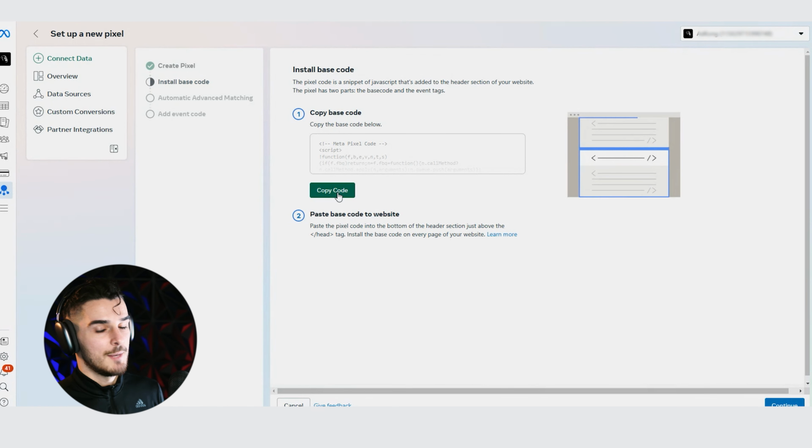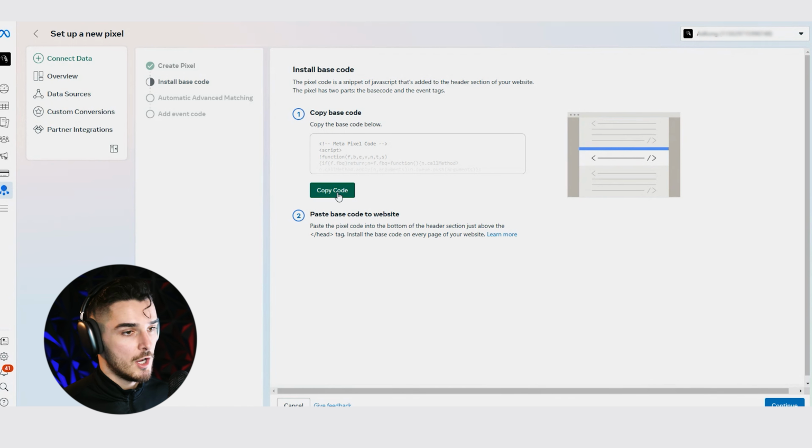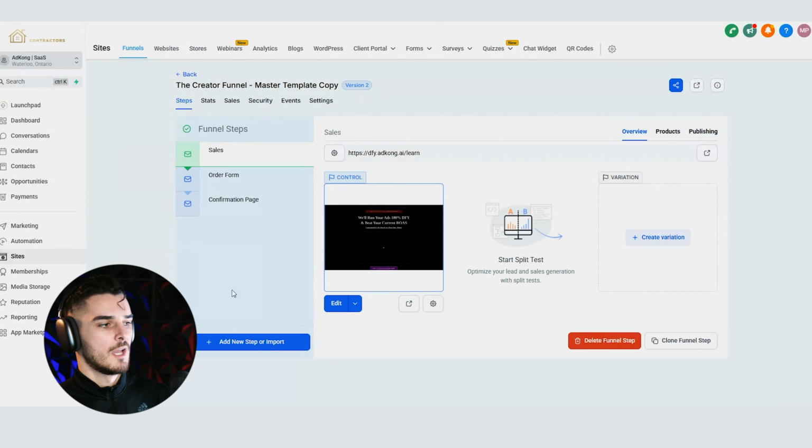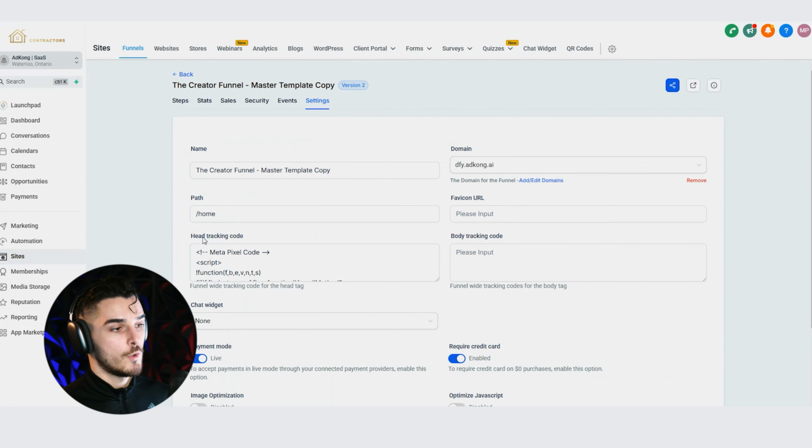I copy it and make sure to save this in something like a Google Doc or a Notion doc or any sort of document just for fast reference in the future. And then in order to actually install it, I'm going to be using Go High Level as an example, but honestly, Wix, Squarespace, Webflow, Framer, all of them are basically the exact same thing. You're going to go to your settings, you're going to find your head tracking code, and then you're going to